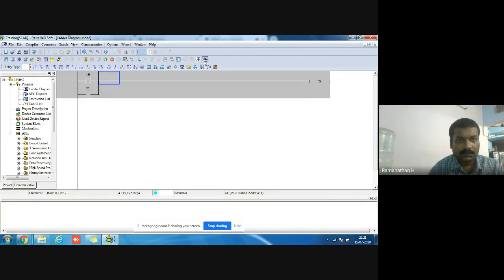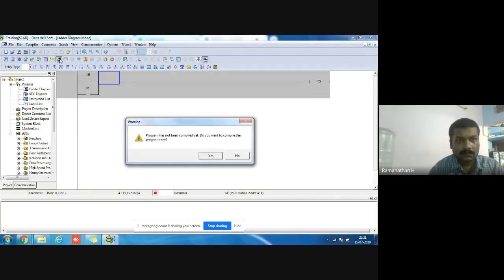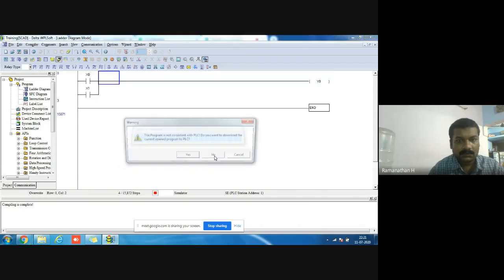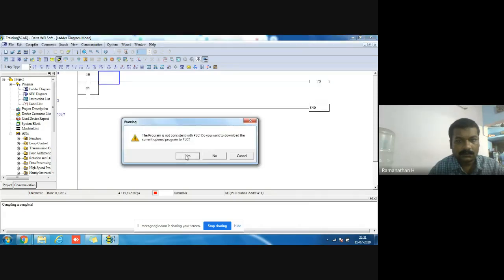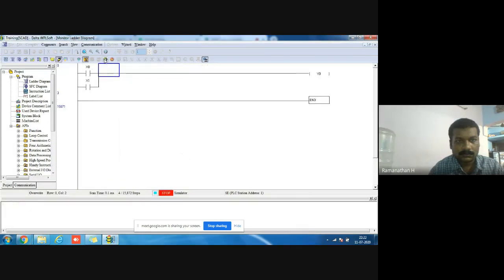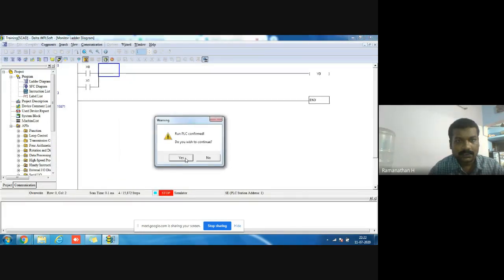Then again go to simulator mode, and again go to online mode, and again go to run mode.